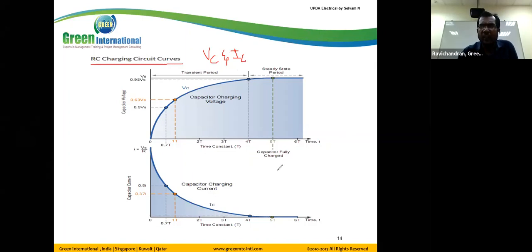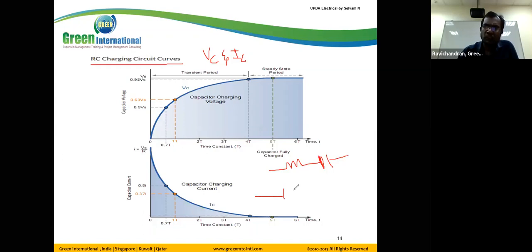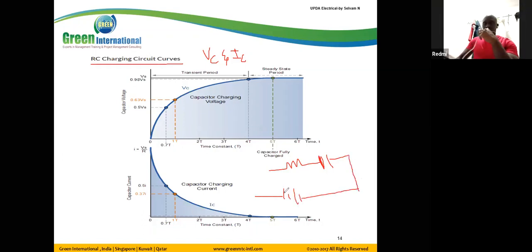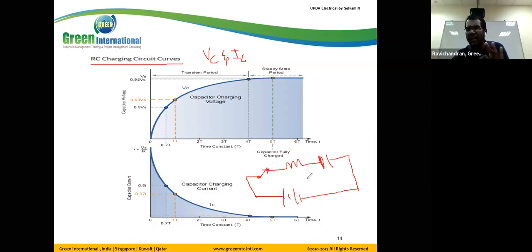So the circuit is like this. This is the circuit. At the instant, from this curve,